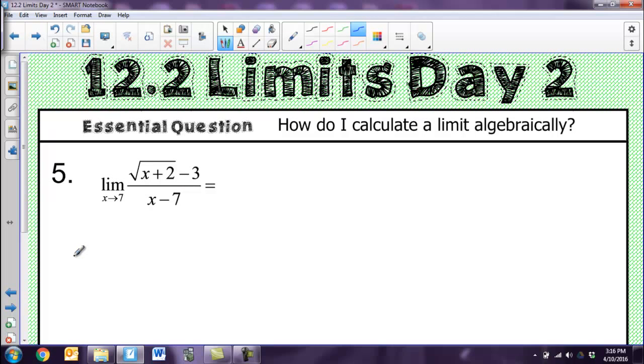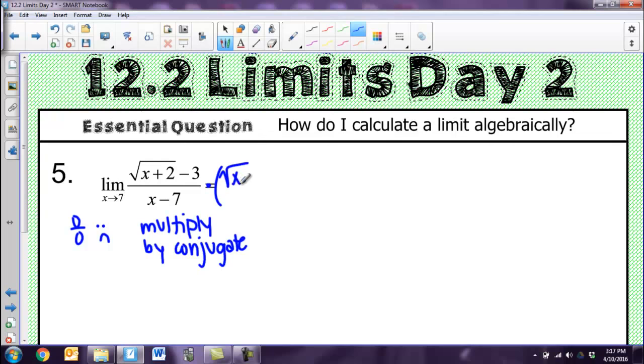The next thing that you're going to see is something like this. And what I really want to do with something like this is plug in and pray that it works, and it doesn't. 7 plus 2 is 9, the square root of 9 is 3, minus 3 all over 0 again, so I'm sad. I've got to manipulate. And what you're going to do here, if you have something crazy with square roots, is multiply by the conjugate, which is something we did with imaginary numbers, because I want to get rid of this square root business. So I'm just going to multiply by the square root of x plus 2 plus 3,